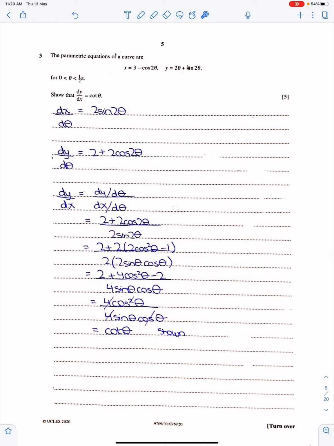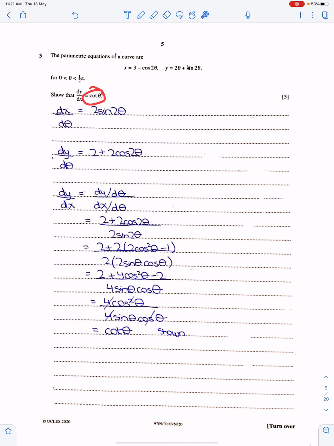So you just need to simplify these cos and sine 2 theta. You need to replace cos 2 theta by 2 cos square theta minus 1. This is the double angle formula of cos 2 theta, and replace this by 2 sine theta cos theta. When you will simplify both the numerator and denominator, you will get cot theta. So you have to use double angle formula here and here.